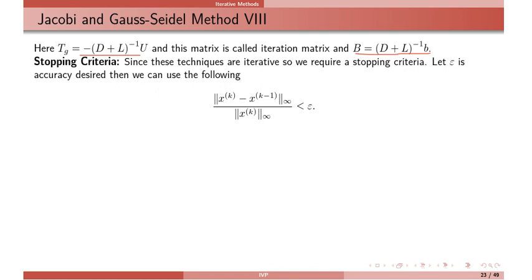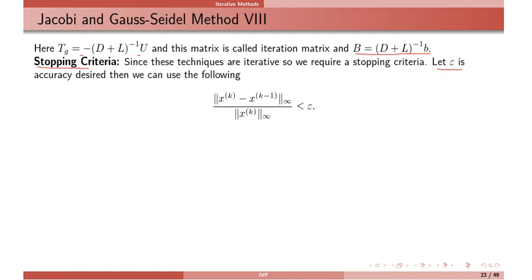So in that way you can write any iterative method in matrix form, and this matrix form will be used further to analyze whether the method will work or not. Also, these are iterative techniques, so you can put an appropriate stopping criterion, in terms of absolute error or relative error. If epsilon is the given accuracy, then in terms of relative error you can write: